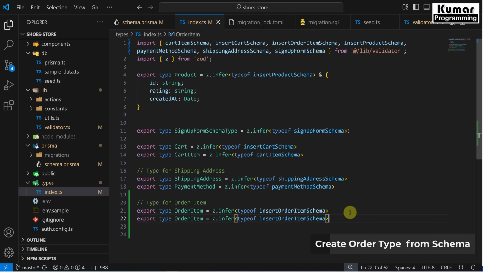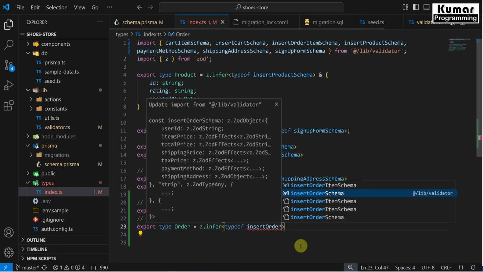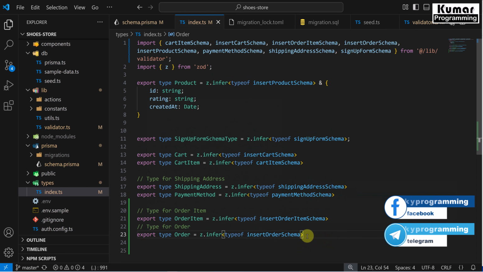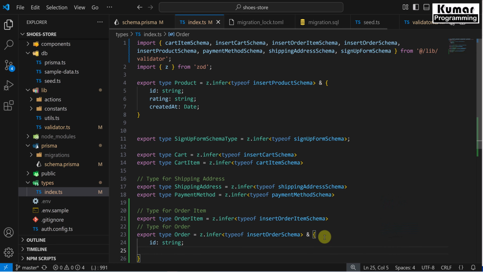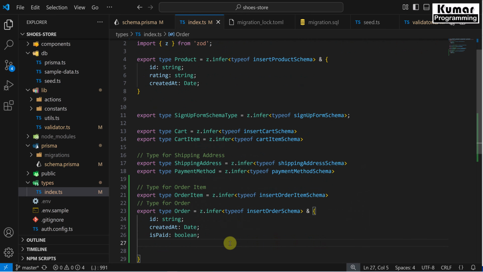Now the next type which we are going to create is for our order. So this would be the type for order, and here we are going to use our schema as insertOrderSchema. And in this order we are going to add other fields as well, like id, which is of type string, createdAt, which would be of type Date, isPaid, which would be of type boolean, and the next field, paidAt, which would be of type Date or null,